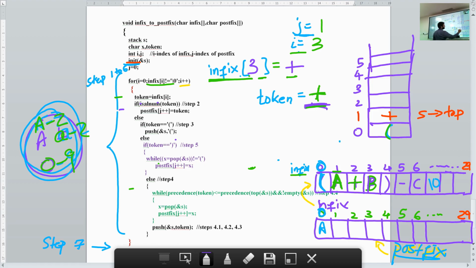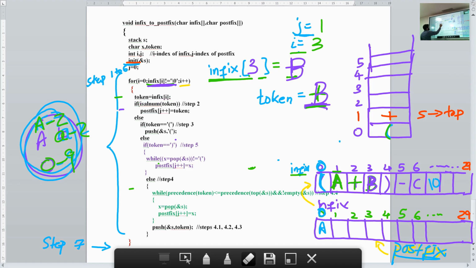We have just said infix of 3 is B. Okay. So here you check. It's not equal to null. So you store the value in token. Okay. Now I will do it a little bit more directly. I think you have got the technique.